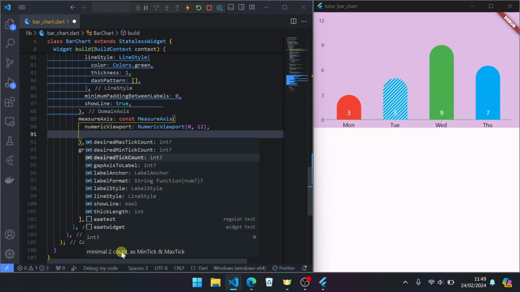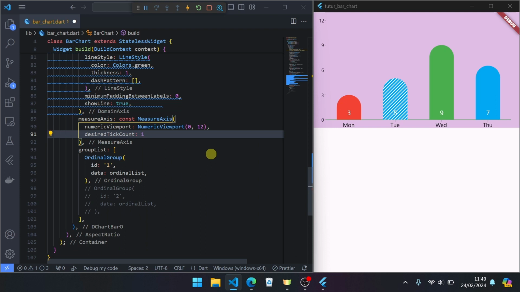But you have to set minimum 2. Why 2? Because to set minimum measure viewport and maximum viewport, you cannot use one. You can use minimum 2 or higher, like 3, 4, and so on.